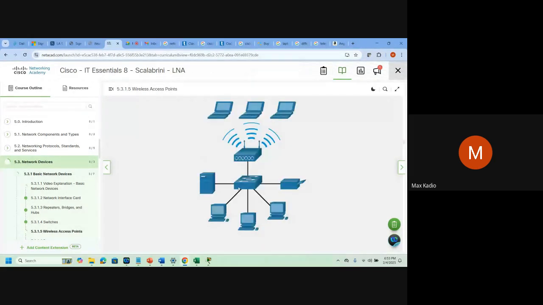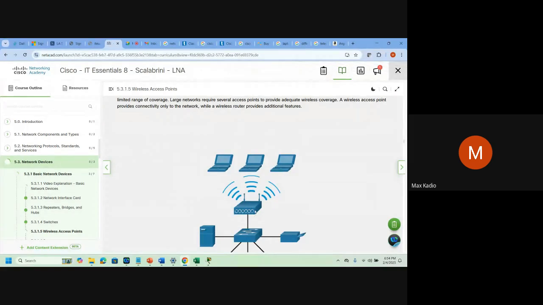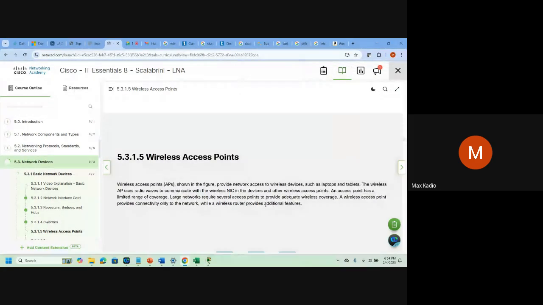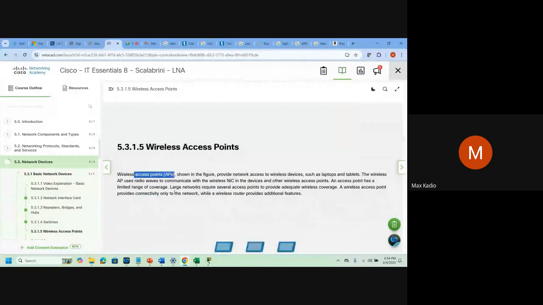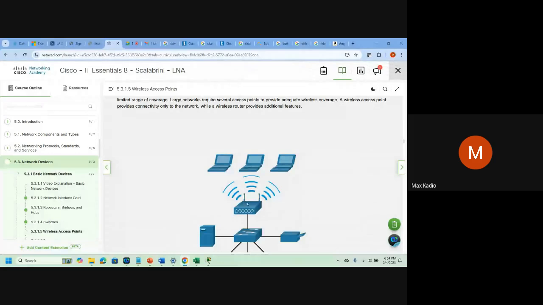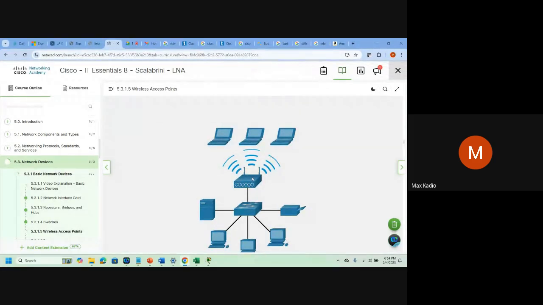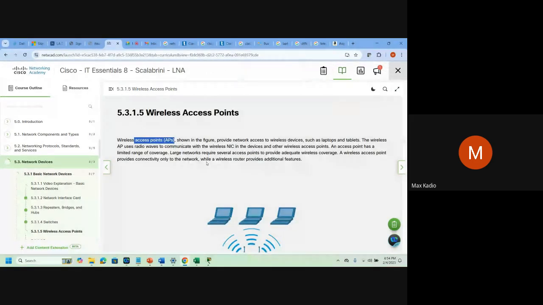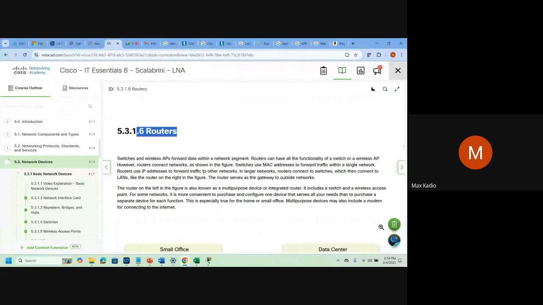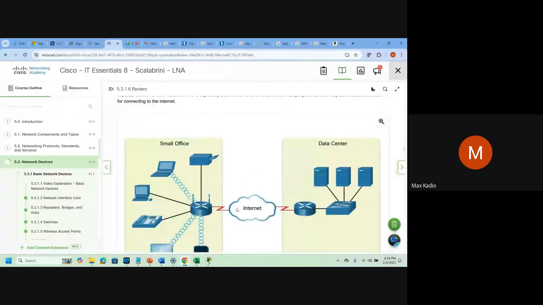Okay, Wi-Fi, it's almost the same thing. You need a device called an access point. All your devices, all your laptops will get connected to the access point. The access point will get connected to the switch, and the switch will get connected to the router, and the router will go to the internet. So when it comes to Wi-Fi, we need another device called an access point. We know what a router is. We use it to go to the internet. Without a router, no internet.